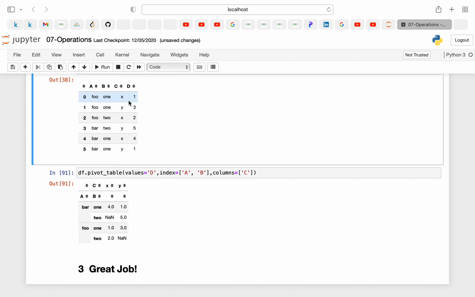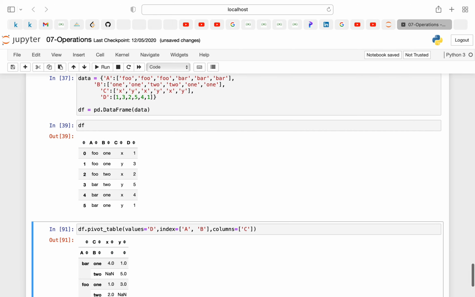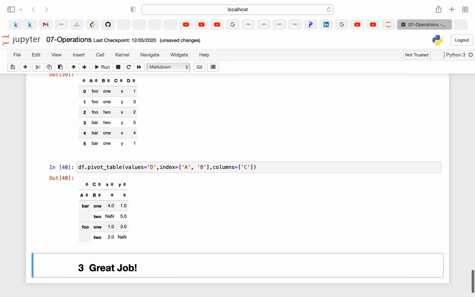So it will add those values. So 3 plus 1 will be 4. Both the values will be added, and we will get a pivot table like this. Pivot table is a very important concept. We are going to explore it a little bit more while we are performing certain analysis.